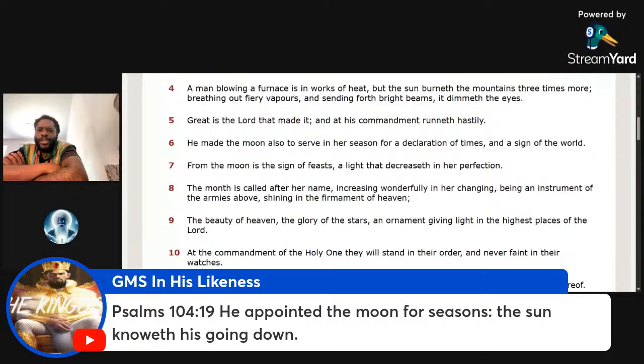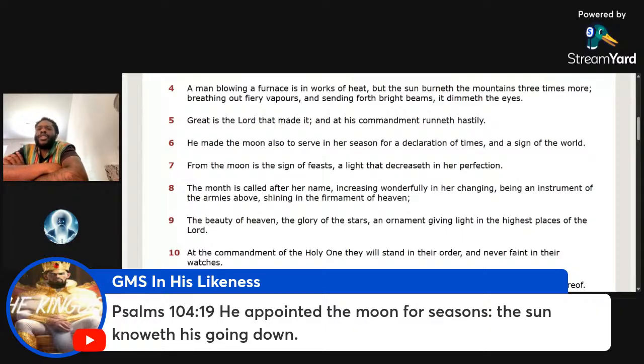This is Psalms, chapter 104, and verse 19. It says he appointed the moon for seasons. Essentially, the moon has a job, to deal with the seasons. The moon can tell you what season you're in too. But it says the sun knoweth his going down, and pretty much when we talk about the sun,